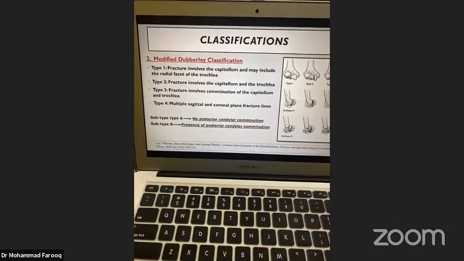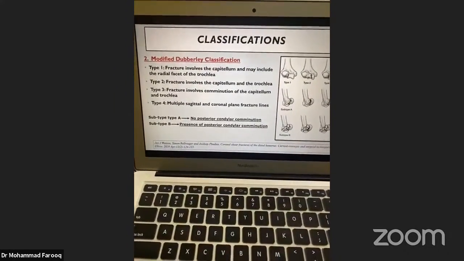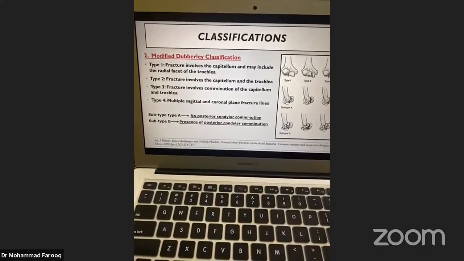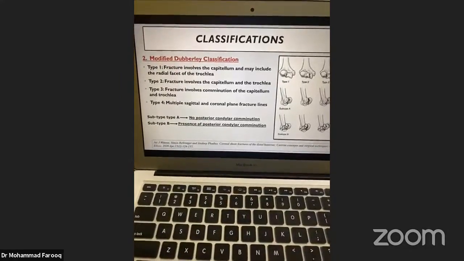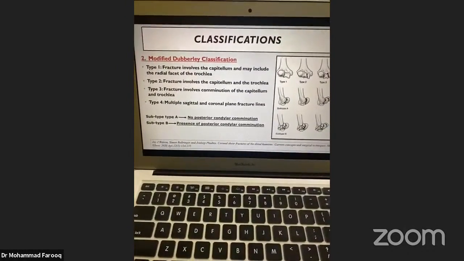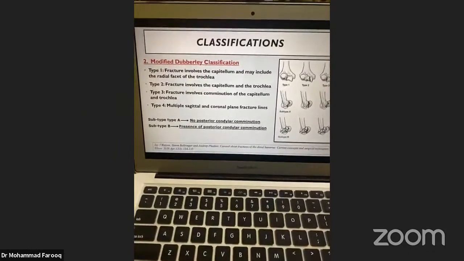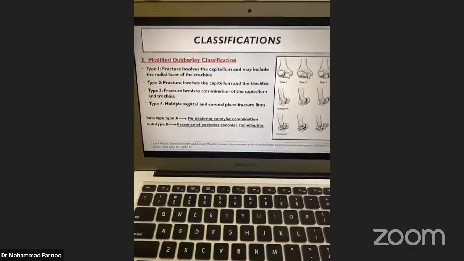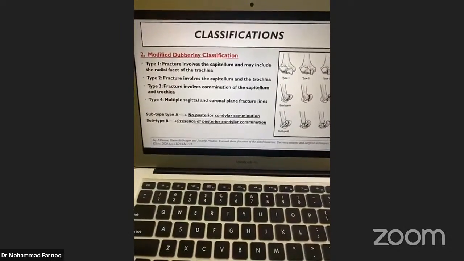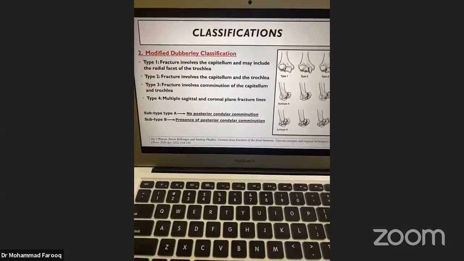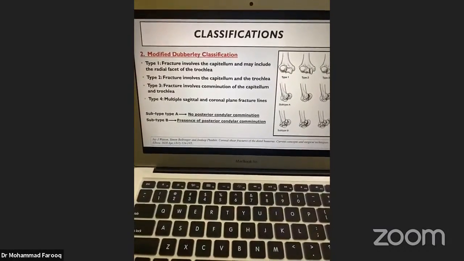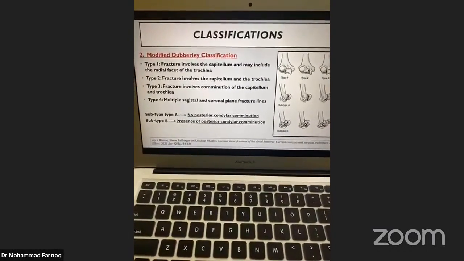But the best classification is Dubberley's classification, which not only took capitulum and trochlear components into consideration, but also divided it into subtype A and type B, depending on presence of metaphyseal comminution. And Watson modified this classification. He added type 4, where we have multiple sagittal and coronal plane fractures, resulting in multi-fragmented, comminuted, difficult fractures of